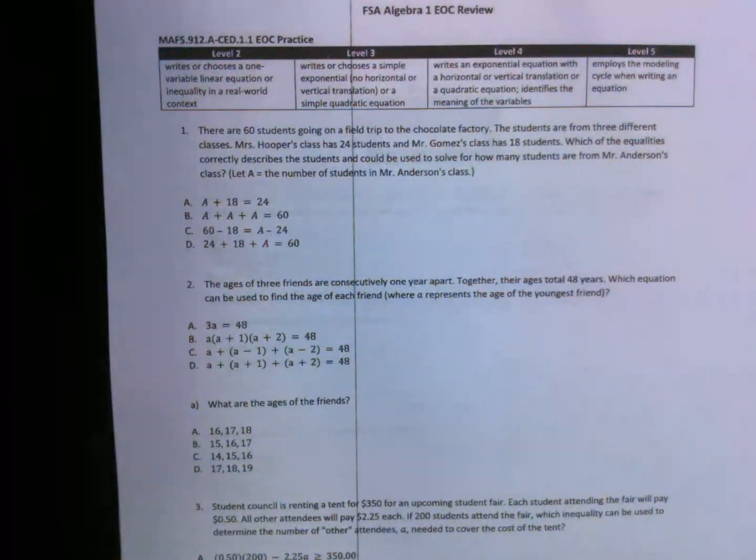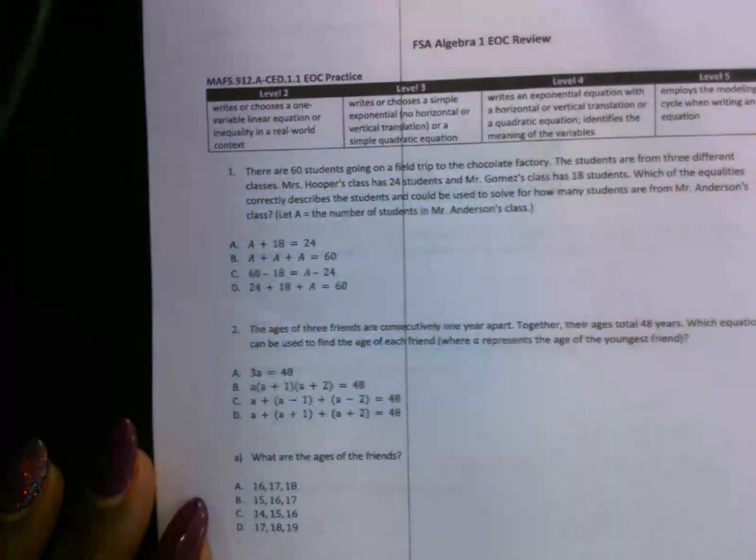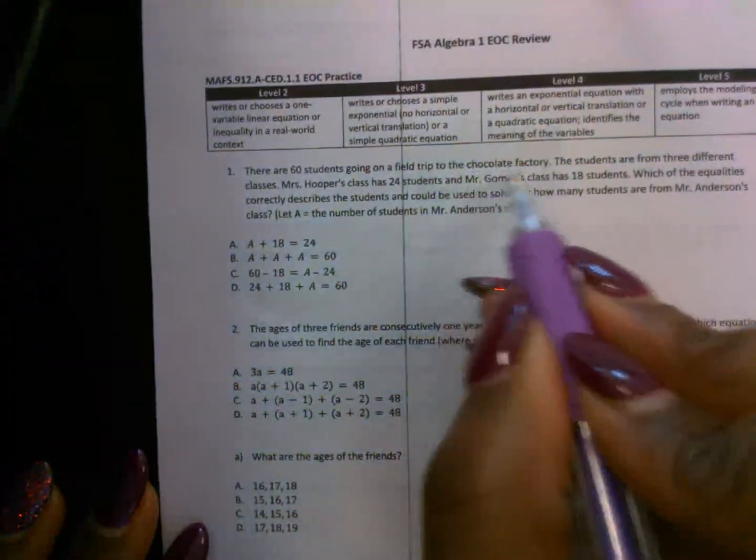All right, this is EOC review. I'm finishing up that very back page, so this is part 2. I already did part 1 where I did all the other questions. Now I'm recording part 2. Okay, so in the first question, it's saying there are 60 students going on a field trip to a chocolate